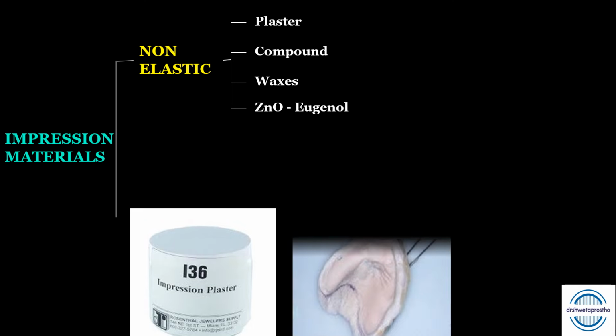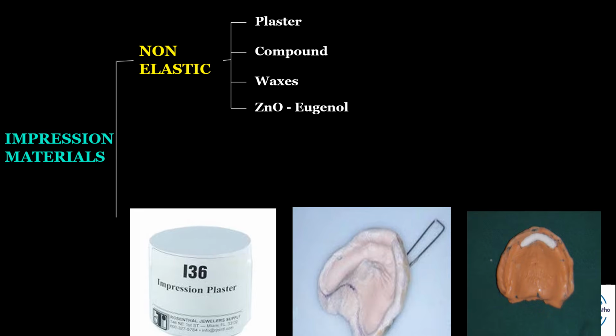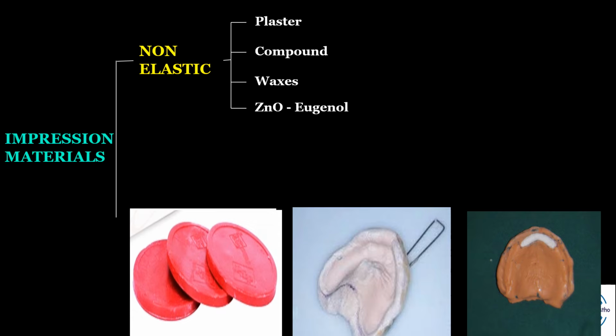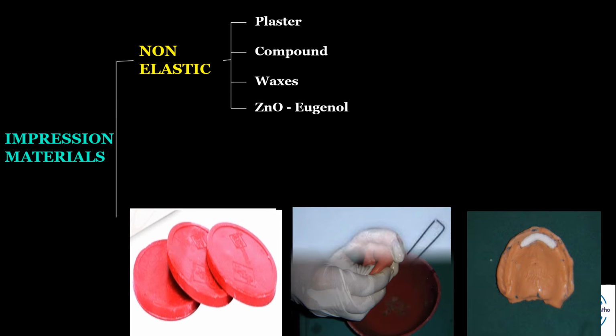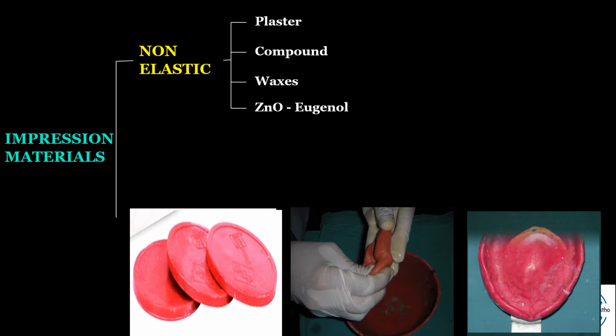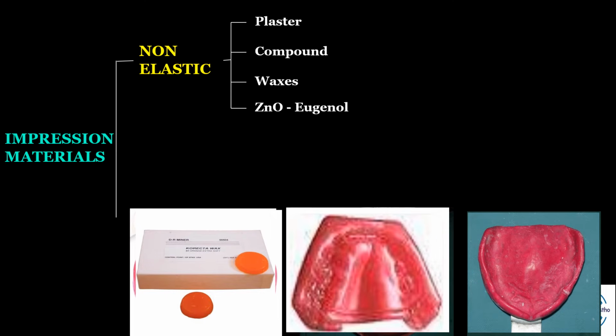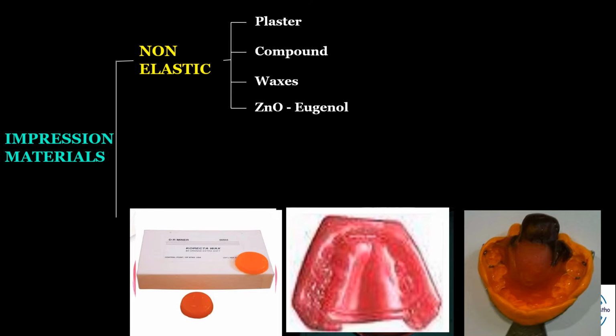It is used for making secondary impressions in special trays. It is also used for making special impressions like window impression used for flabby ridges. Impression compound is available in cake form. When immersed in hot water, it reaches a workable state and can be molded and loaded onto the tray. It is used for making primary impressions in complete denture. Impression waxes are the mouth temperature waxes. They are used for making the impressions of the edentulous cases. They are also used for correcting the impressions.